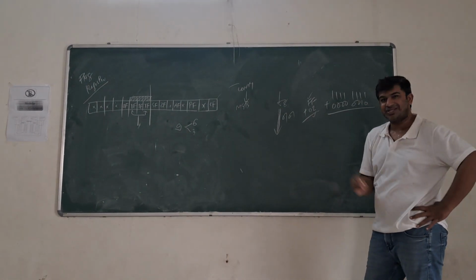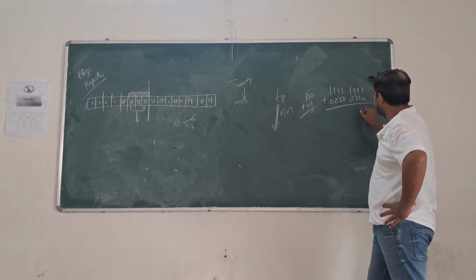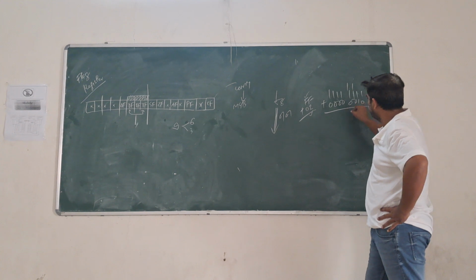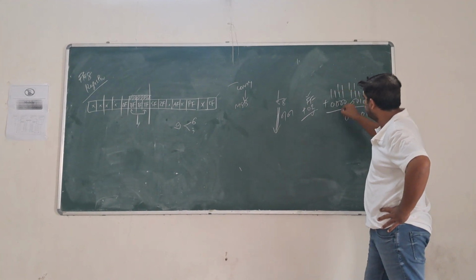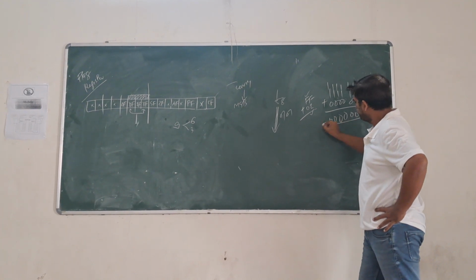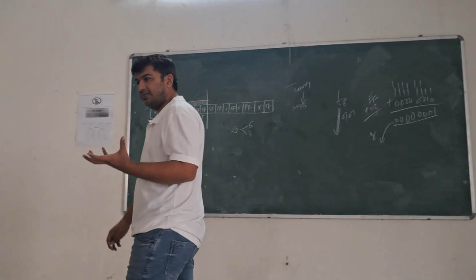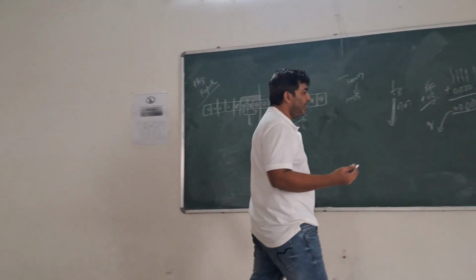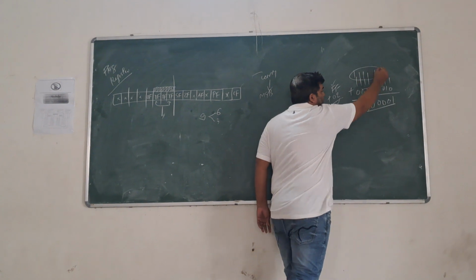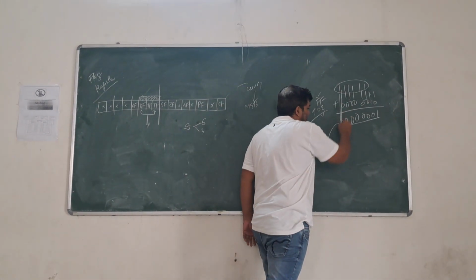These are my two numbers, 8-bit numbers. I want to add them. 1 plus 0 is 1. 1 plus 1 is 10, and so on for the remaining bits. So the answer is this, and at the end, one carry will get generated. So I am having a carry at all these locations, that doesn't matter. But you are having a carry from this location.